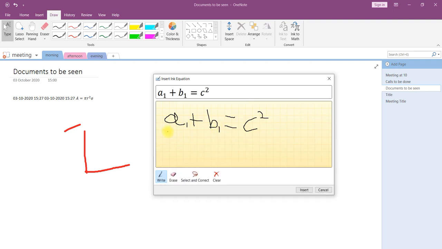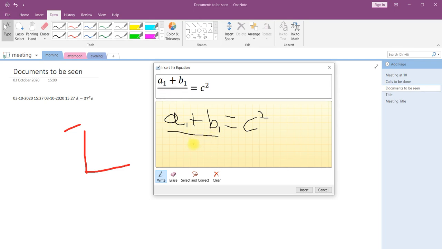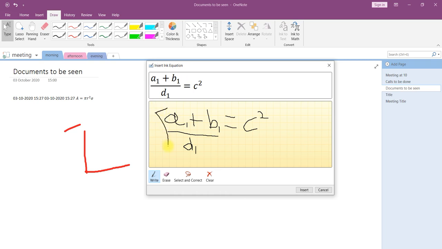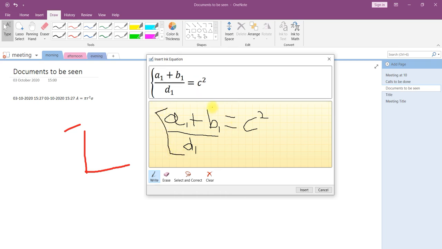If I write divided by, see, d1, like this. If I have a bracket, like this I can have a bracket. Like this we can use any of them.